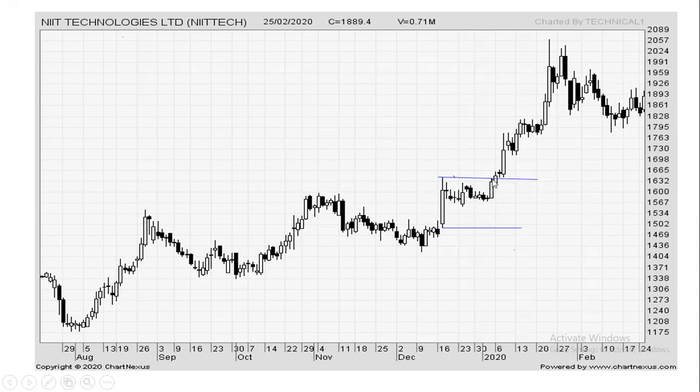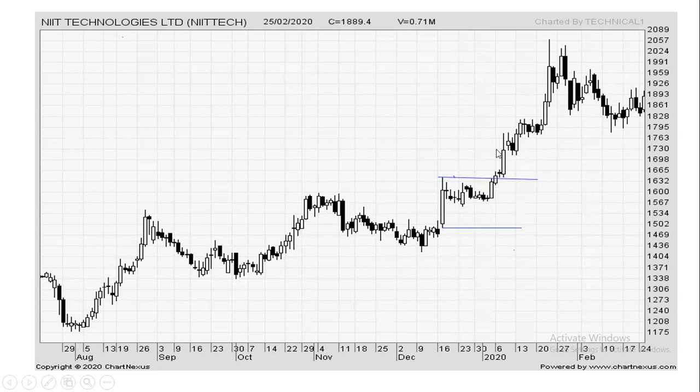Another option you have, you can go long in call option. But this is positional trade, so I will not advise you to buy naked call. You can always protect your position, you can hedge your position. You can design option strategy instead of going for naked call option. Which option strategy you can design? You can design bull call spread. Because your view is bullish, you can use call option to design bullish strategy, so the name will be bull call spread. Instead of call option, you can also use put option and design bullish strategy. The name of strategy will be bull put spread in that case, if you are using put option.